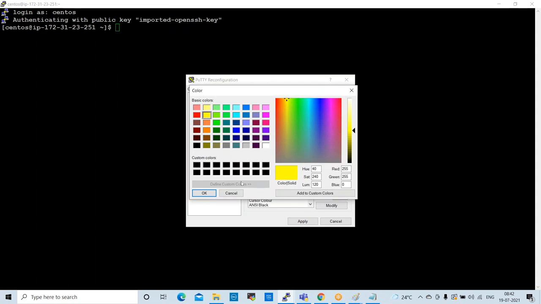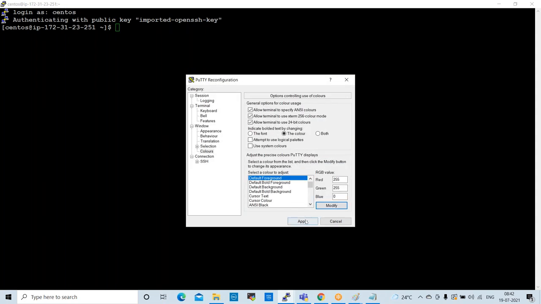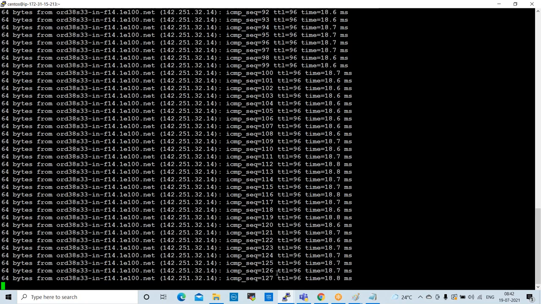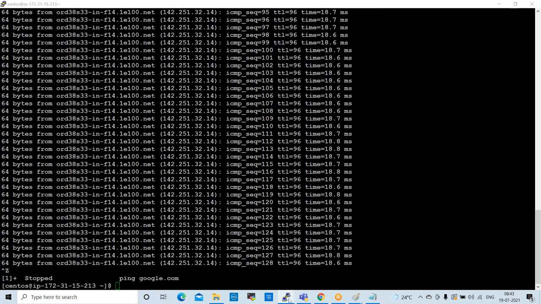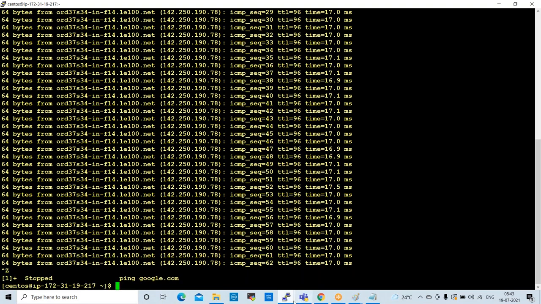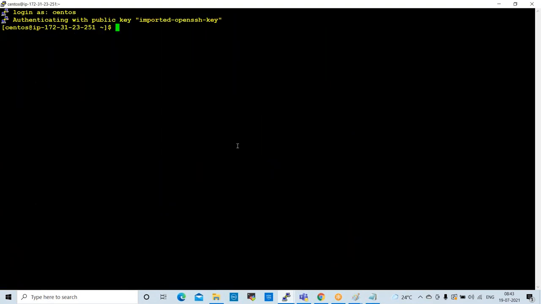So dark yellow, I give dark yellow, light yellow, dark yellow. These are the nodes. So master is the same color, the default one. So node servers I change like this. So this is master server, this is node 1, this is node 2, right?